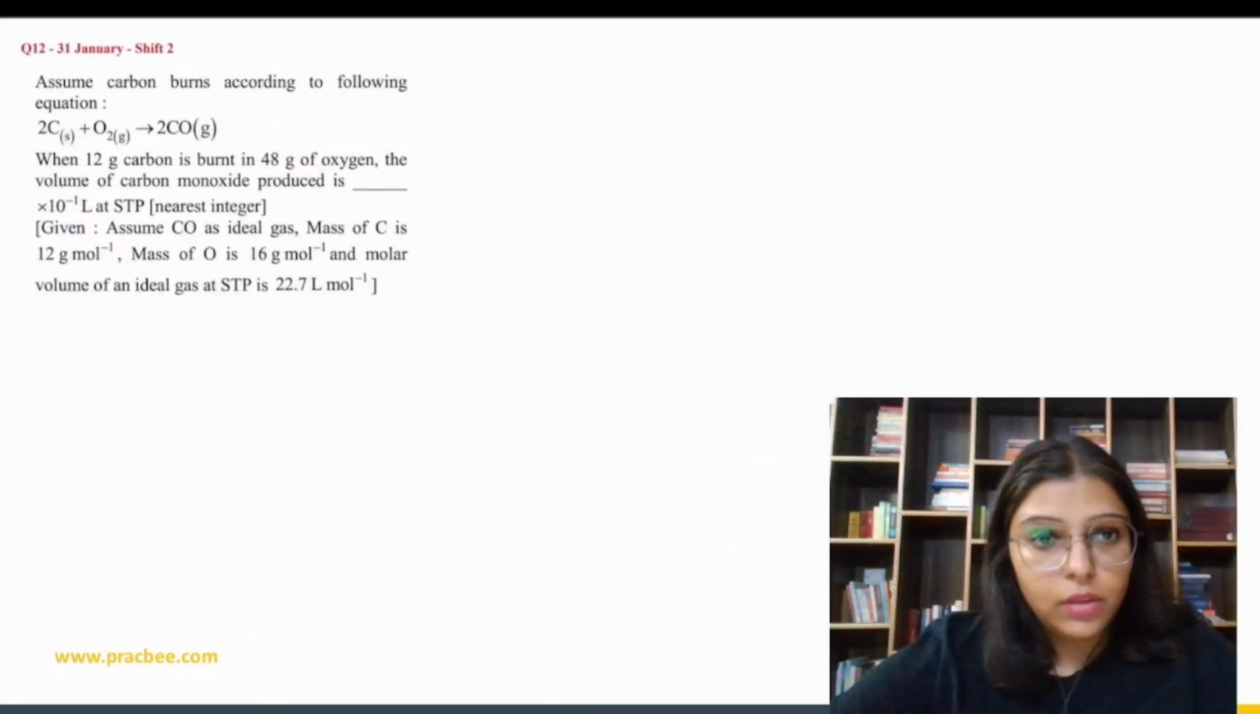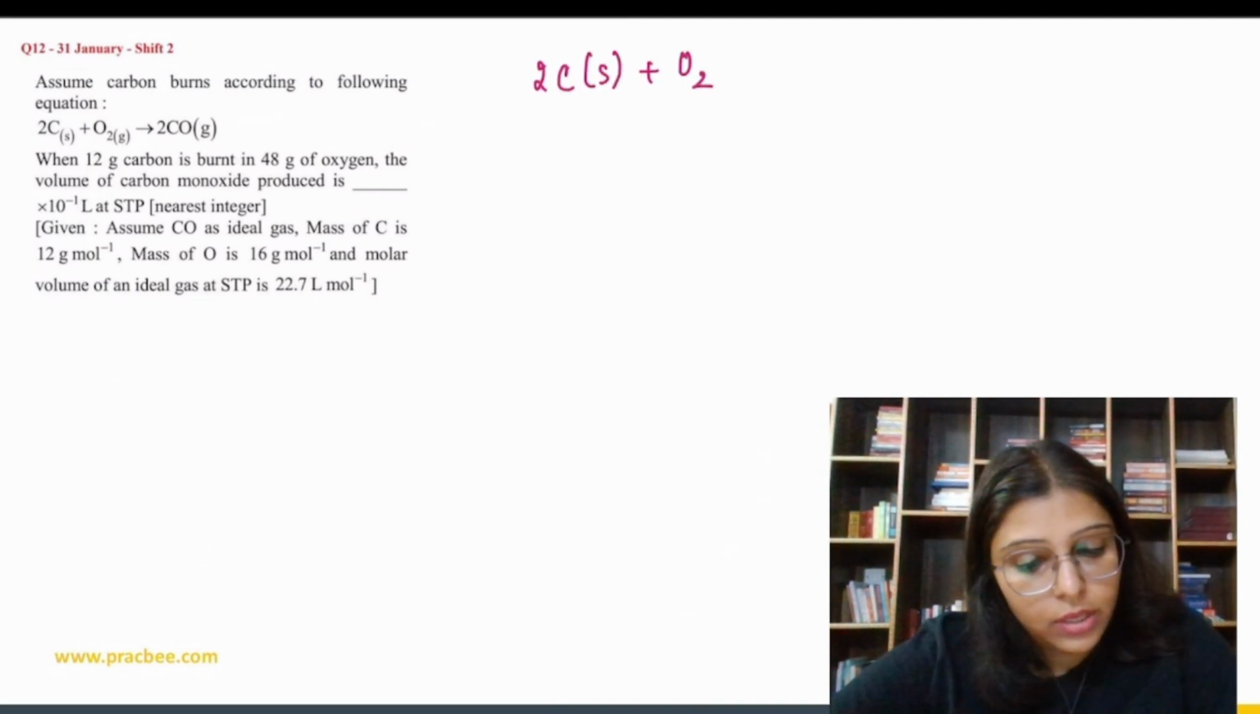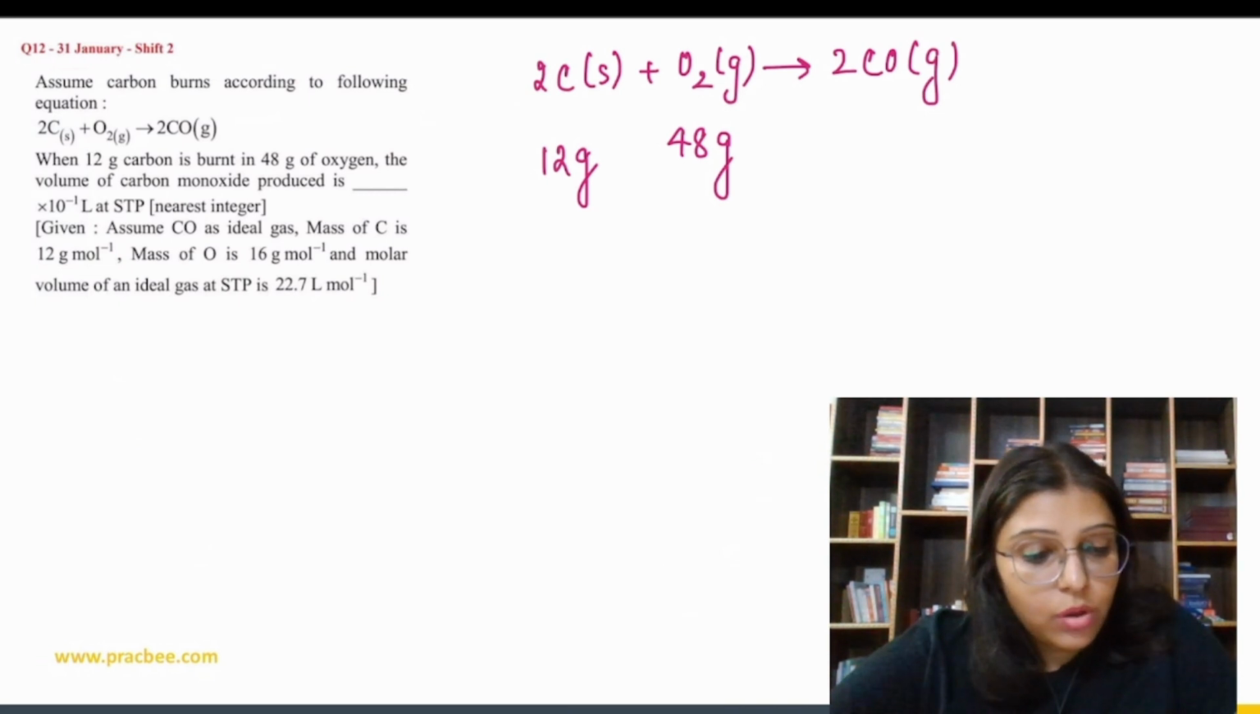Clear? Next question. Assume carbon burns according to the following equation. 2 carbon solid plus oxygen gas gives 2 CO. So let me write this. 2 carbon solid plus oxygen gas and it gives 2 carbon monoxide gas. Now the question says when 12 gram of carbon is burnt in 48 gram of oxygen, then the volume of carbon monoxide produced